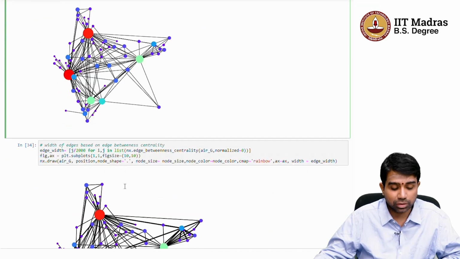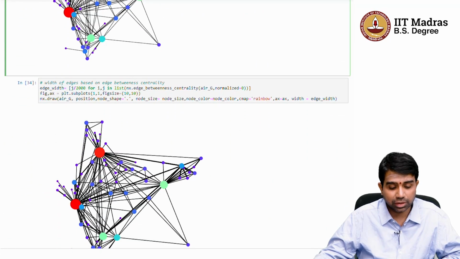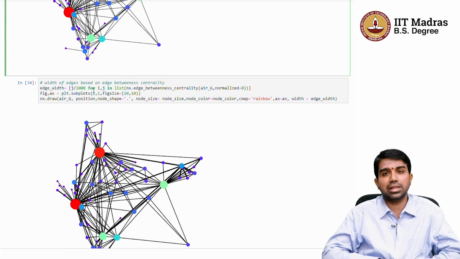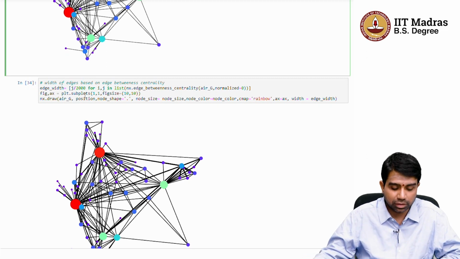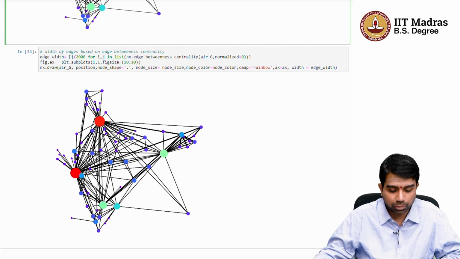And you can also try to visualize the edges. Here is a concept called betweenness centrality, which we will cover in a future class. What this tells you is you can overlay these edge properties, which can be computed using NetworkX, and you can see what is the most important